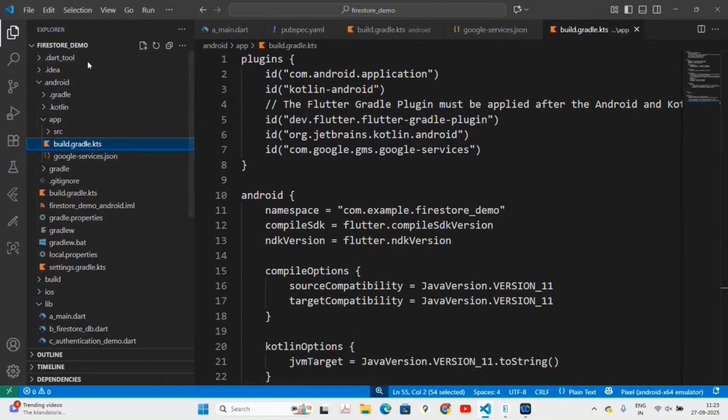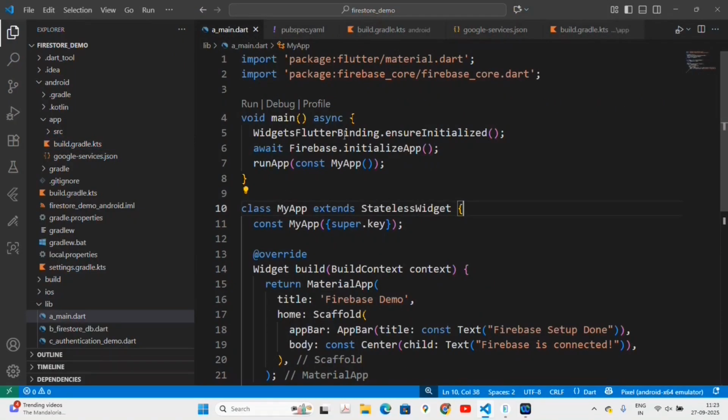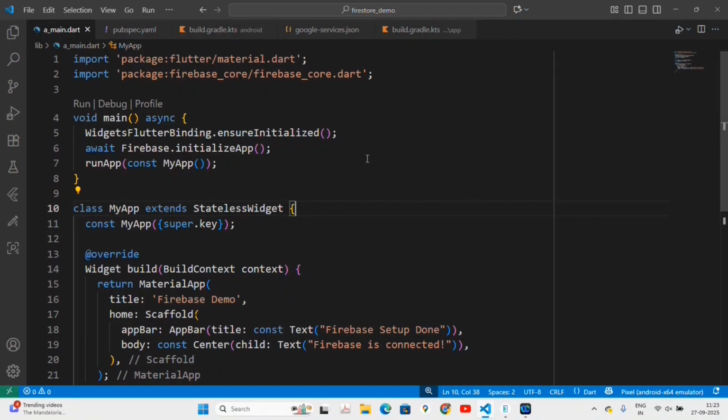Now let us understand the minimum code to connect with Firebase. So this is my main.dart file. Here we have to import two packages. One is material.dart for the user interface and another is firebase_core.dart to connect with Firebase. So this is my main.